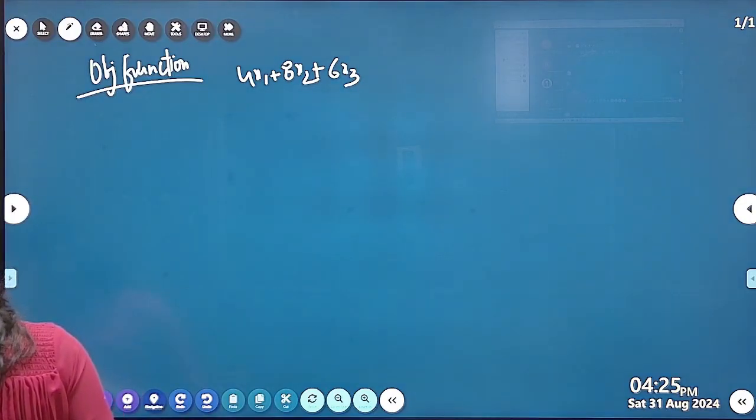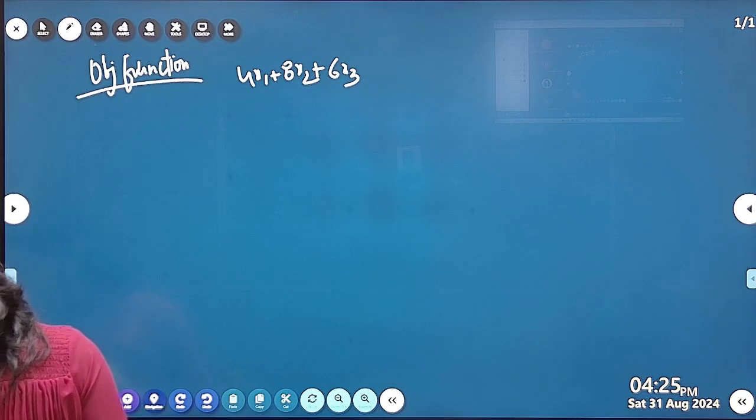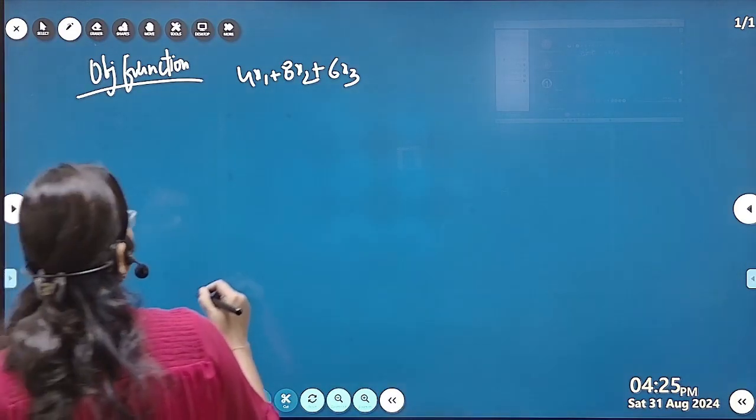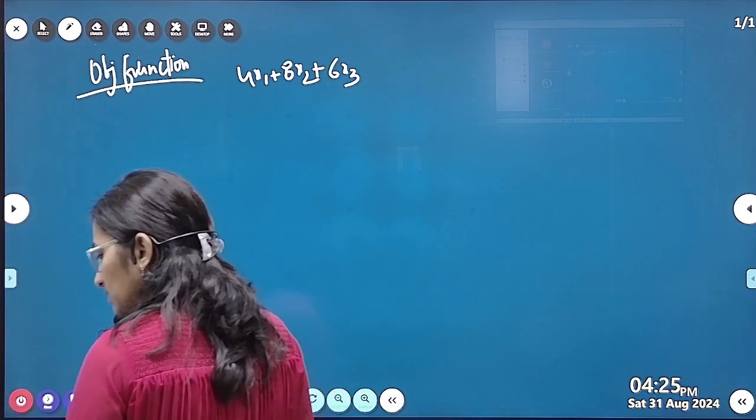So how many decision variables are there? There are 3: x1, x2, x3, and the slack variables will also be s1, s2, s3. So the total variables are 3. So next,